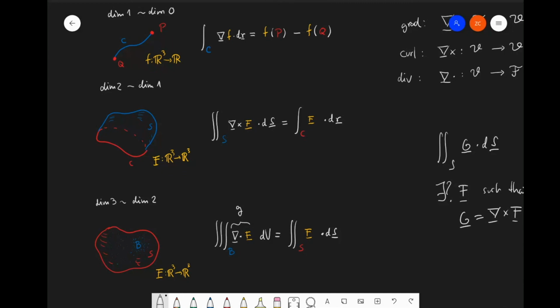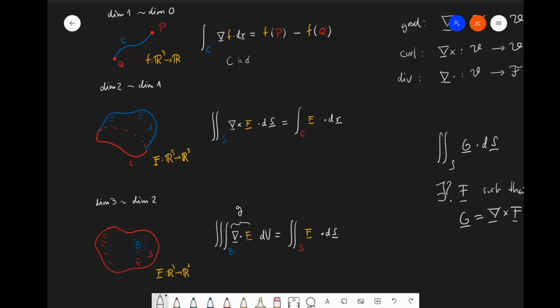So in the first case, the integration theorem could be reformulated by saying that C has no boundary is the same thing as saying that P and Q are the same point, right? That if you were to find a boundary point, it would actually be the same at both ends. So the integration theorem would read integral over C equals evaluate at P minus evaluate at Q, but P and Q are the same point. So obviously that's F of something minus F of something. So it's 0. It's two values subtracted. So in that case, we say when C is closed,